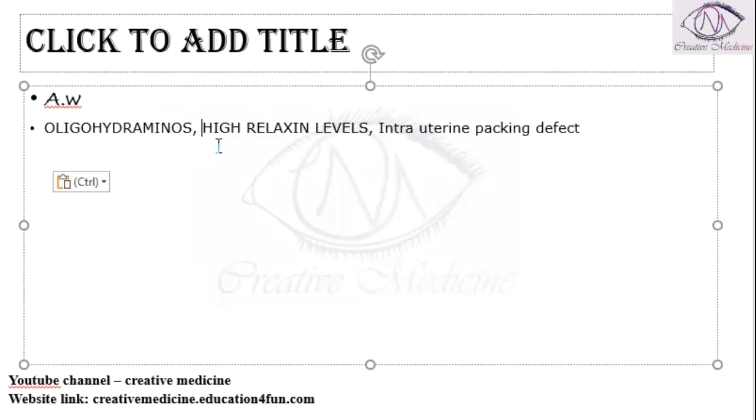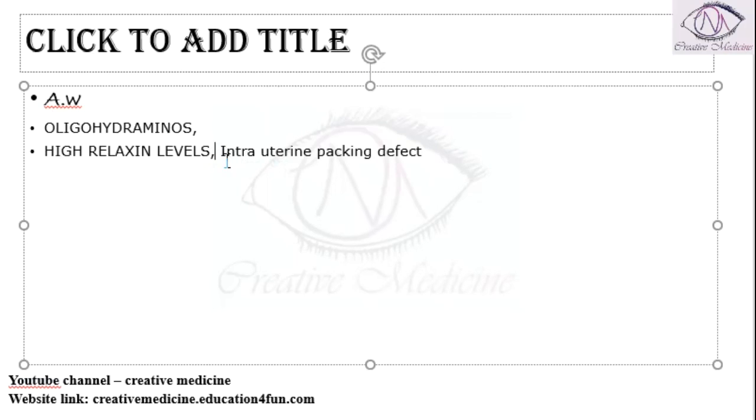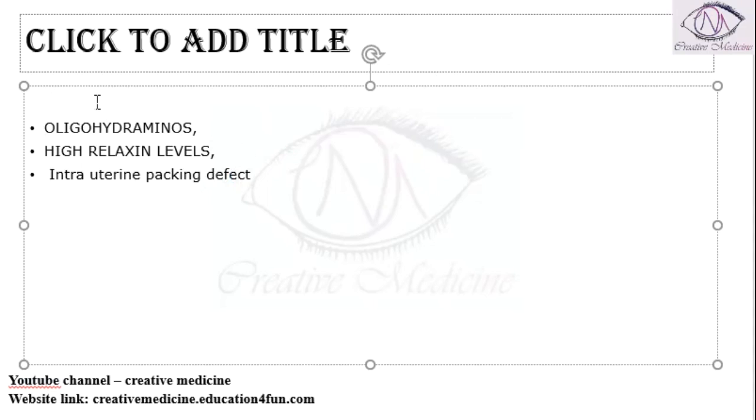oligohydramnios, or it can be due to high relaxin levels or an intrauterine packing defect. So it can be due to oligohydramnios. Whenever there is oligohydramnios, that is less fluid in the mother's womb, then the baby is compressed. Whenever the baby's body parts are compressed, this can result in